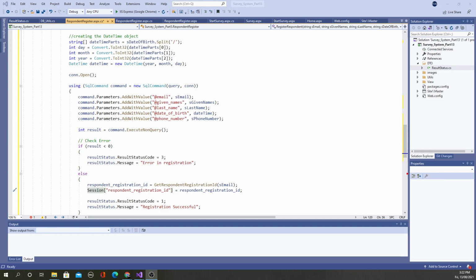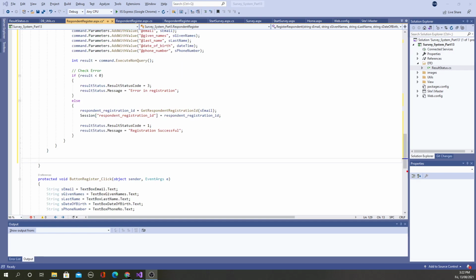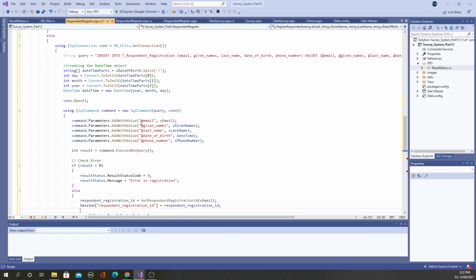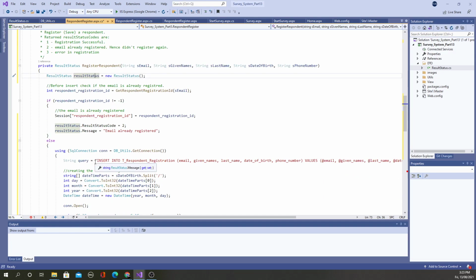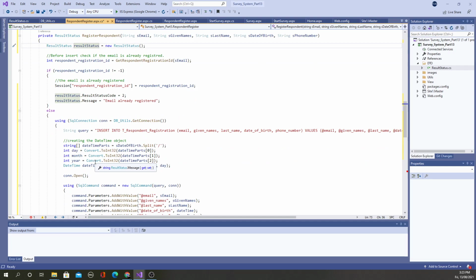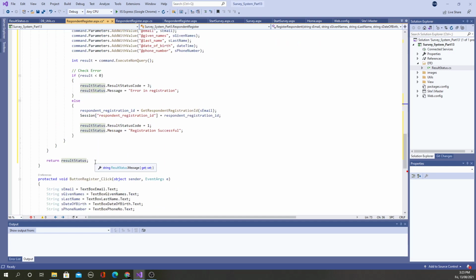Awesome. So let's see what's next now. Finally, we have to make sure that we are returning this result status so that any calling method can get the result status. In that case, the return type of this method cannot be void. Because I'm returning a result status, instead of void I had to put the result status type. Awesome. It is a complex logic, but it is done successfully, and this will make sure that the data is inserted to the database.